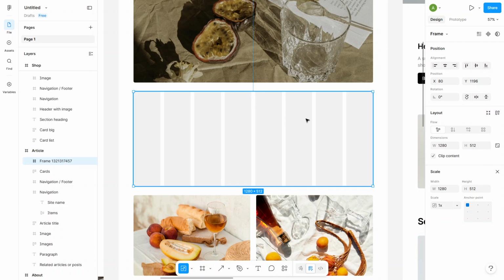When you're happy with the size, simply release the mouse. You can press the V key or escape to go back to the regular selection tool if you'd like to continue editing. And that's it. You've just learned how to resize an object or a frame proportionally in Figma using the scale